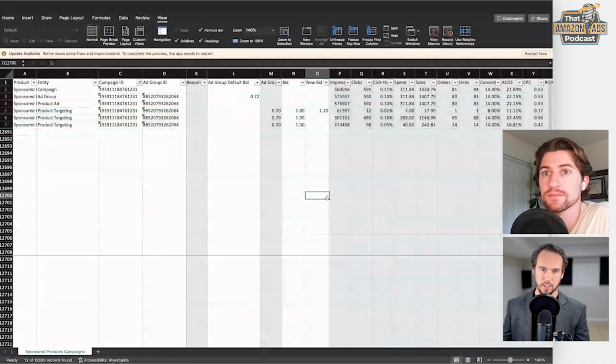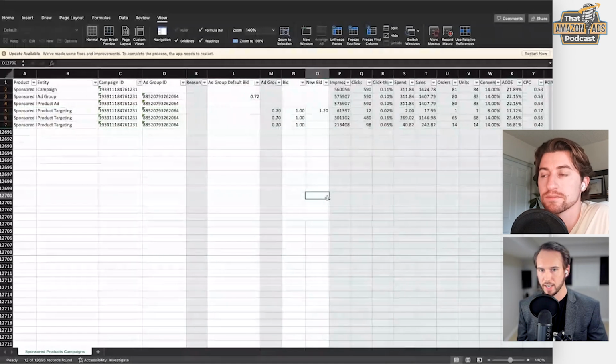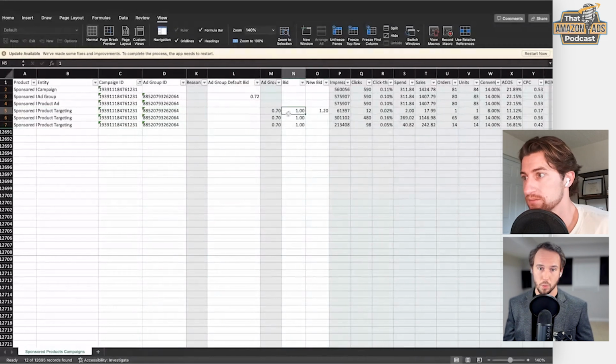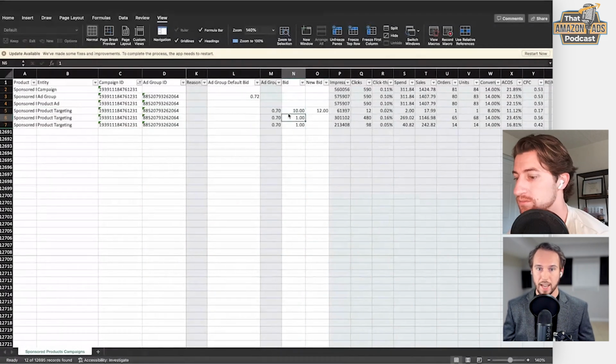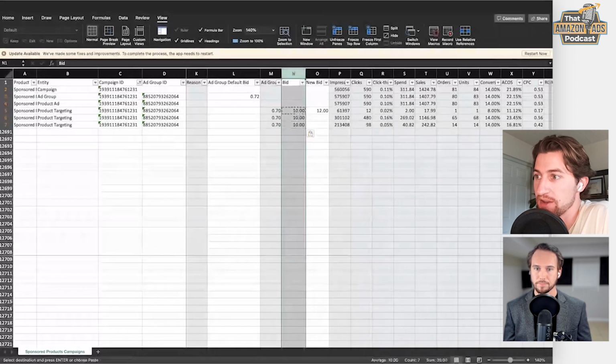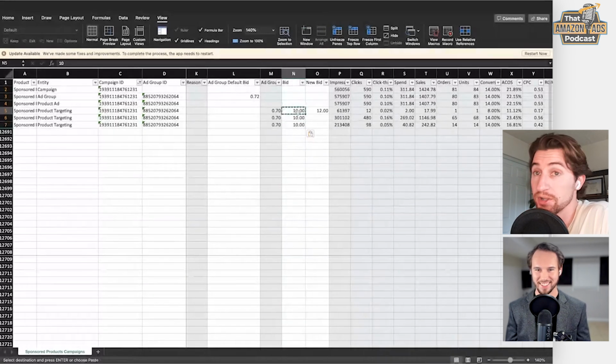If you came in and your bids were actually $1 right now, just running that simple ad group calculation would show us that those are a little bit too aggressive. We're not seeing any additional value having them that high. So we shouldn't, and we really can't afford to be paying any more than what we have for that ad group target. So yeah, I should have gone with $10 to make the example really extreme and prove the point.